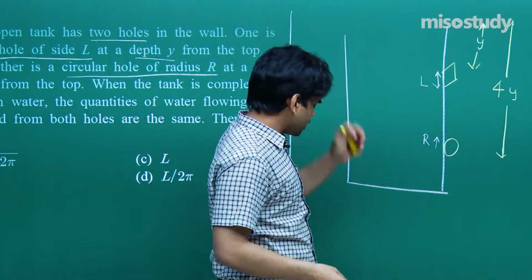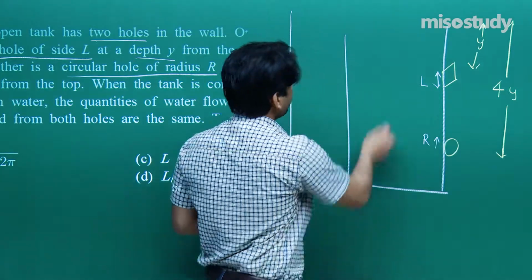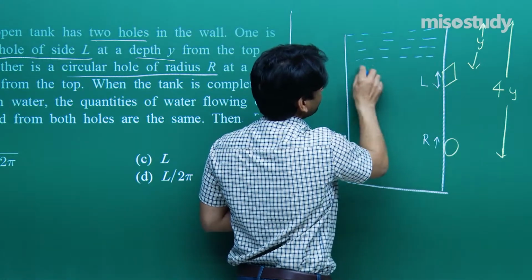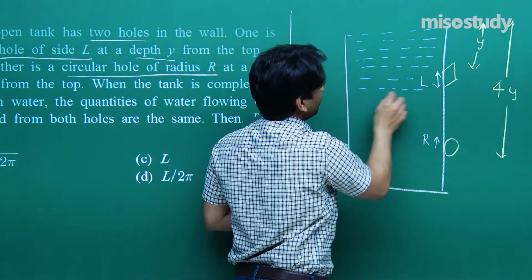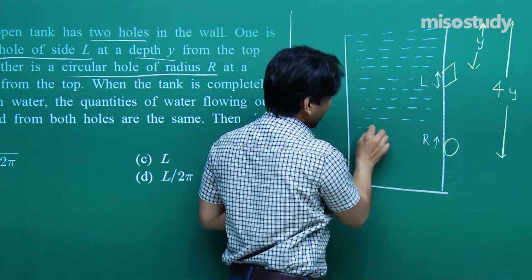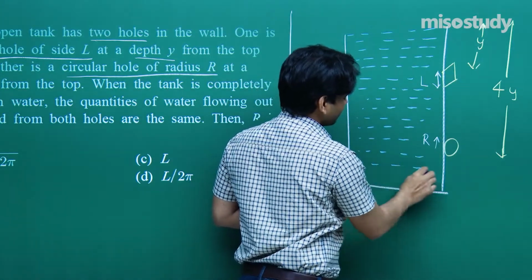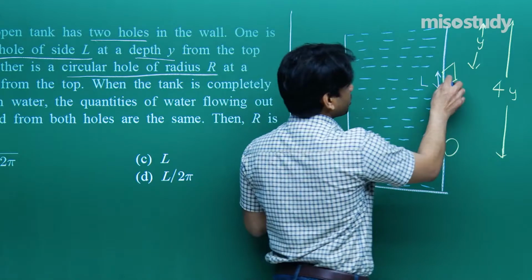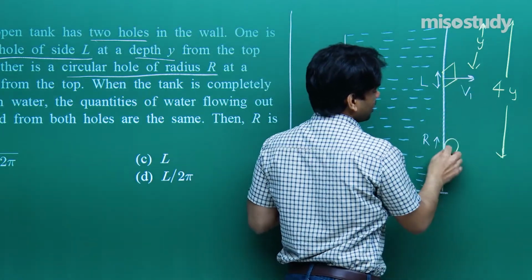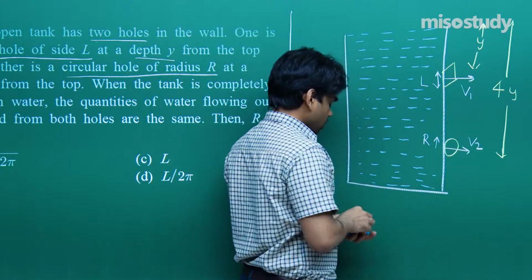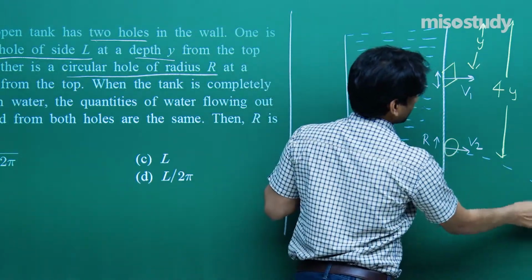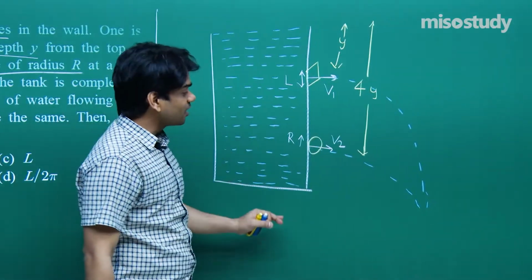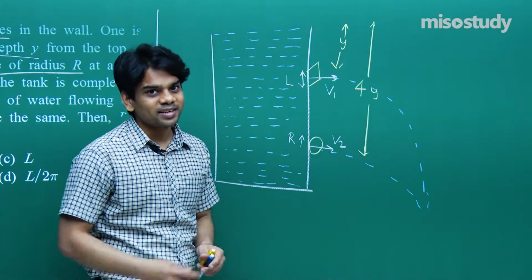Now you see that this hole is made, and if we fill this tank with water, let me show you that it is filled completely with water. Now if water is completely filled in this tank, then certainly one thing is clear, it's going to gush out freely from both the holes. So water is going to come out from this hole. Let's say its speed is V1, and let's say water coming out from this hole has speed V2. Let me show you separately as they come. Let's say they are landing somewhere here. Don't think that they will be landing at the same point. They may land at the same point, or they may land at different points.